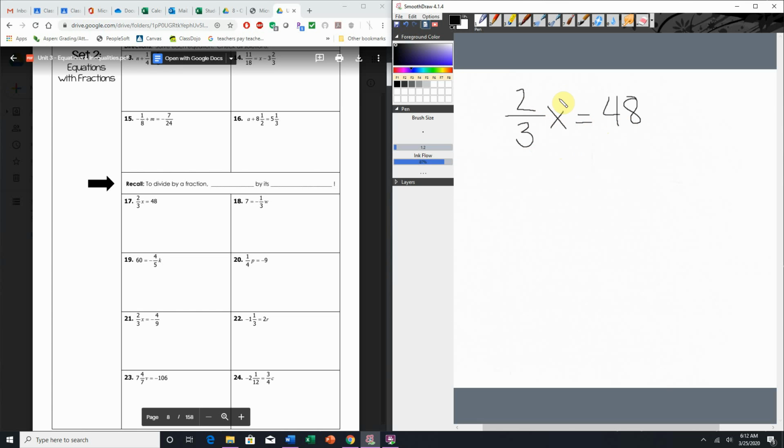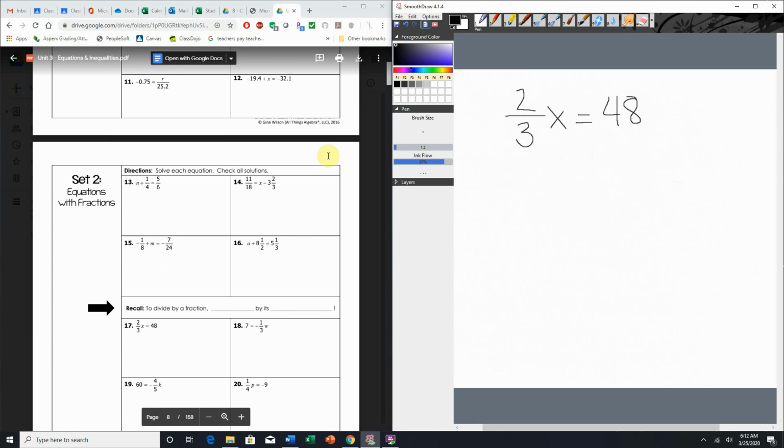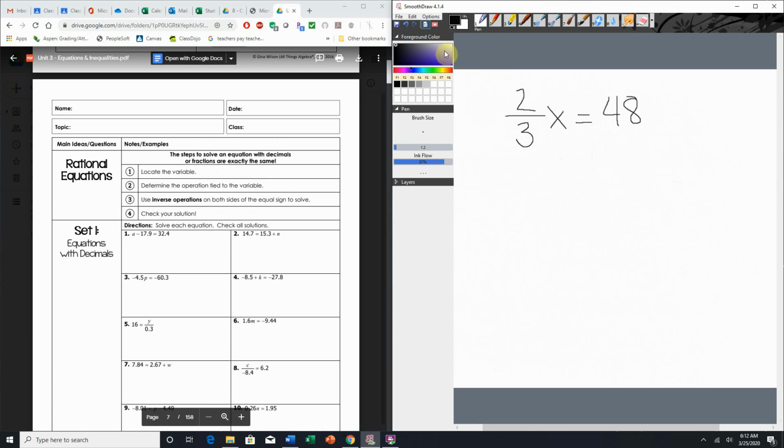Okay, so we know multiplication. Well, first we have to locate our variable. Right, step 1 says locate the variable. This is x. We have to figure out what's tied to that. We just talked about it, multiplication. So in this case, we have to do the inverse. Okay, so we know we have to divide by